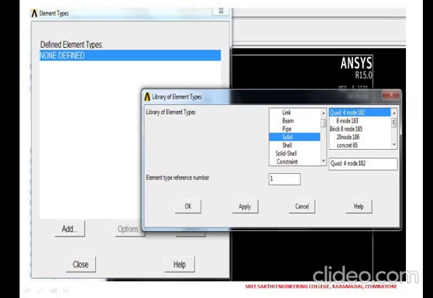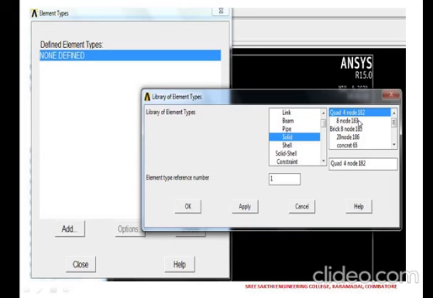So here you can choose by means of element types. This is the element type you can add. You can add from the library itself. They have given us link, beam, pipe and shell elements. So what analysis are you going to do? Suppose you are going to do a solid material, we can choose these types of elements, that is node. QUAD is nothing but a quadrilateral element. It is nothing but a 4 noded element. Sometimes the 8 noded element is also there, so that is for the 8 noded element.